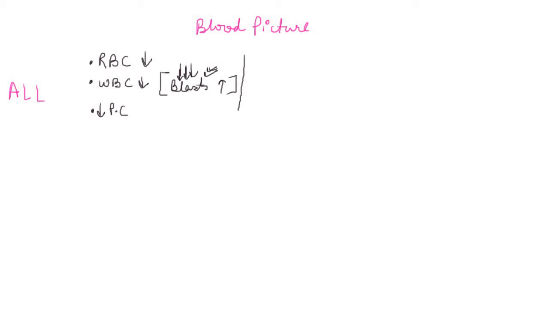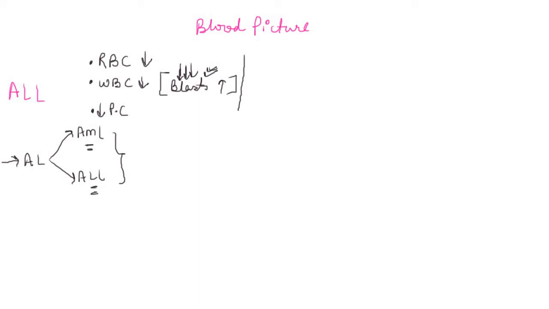acute lymphoblastic leukemia. Now we have to understand, if the patient presents with these clinical features and this blood picture, how do we manage and work up that patient? Whenever the patient presents with clinical features like anemia, thrombocytopenia and infections or decreased WBCs, one thing is clear when you see the blasts, that it is a case of acute leukemia. But acute leukemias can be acute myeloid leukemias or acute lymphoblastic leukemias. So you have to differentiate whether it is AML or ALL.